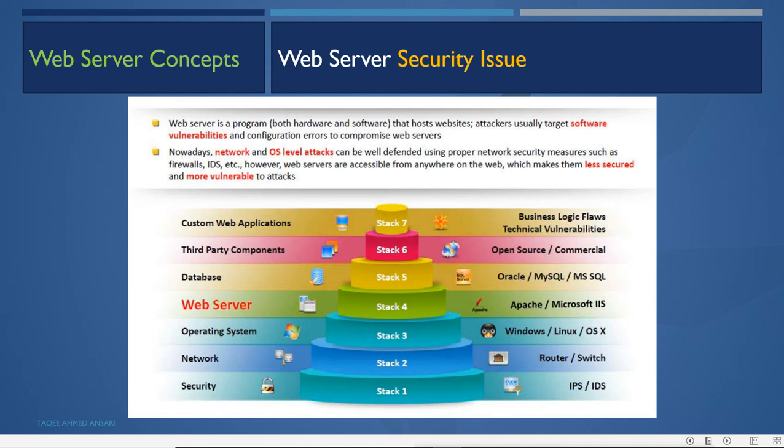This custom web application means those organizations or companies make their own custom applications. They make applications which suit their requirements. Suppose it is a bank.